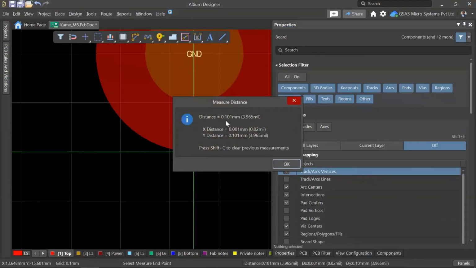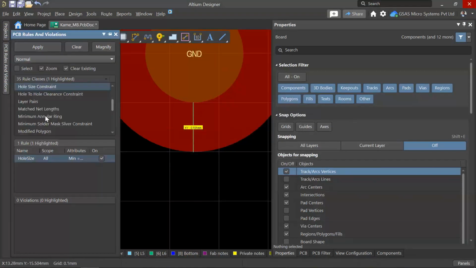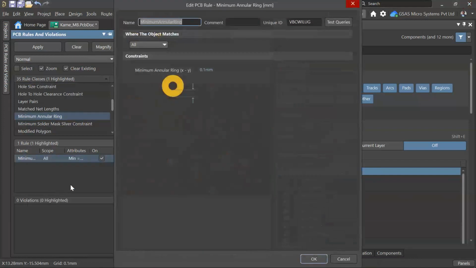It is available. Now let us see what we have set inside the design rule. What is the annular ring requirement? Let us go to the PCB rules and violations, and I can see here we have an option for minimum annular ring requirement. Right click and go to properties. Here we have set it as 0.1 mm only. Let us see, are there any deviations, any annular rings of vias that are less than 0.1 mm, we will just run with a